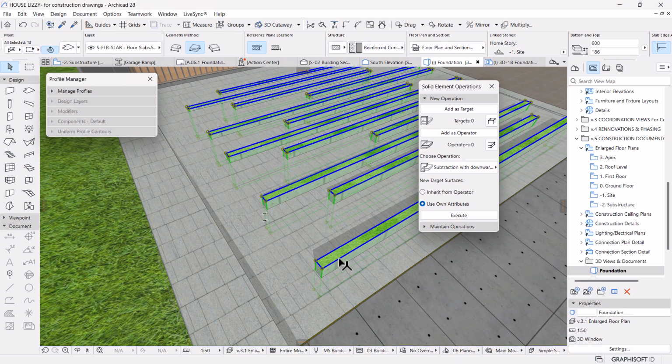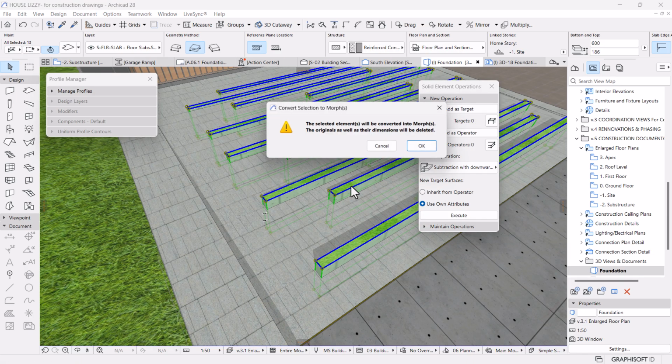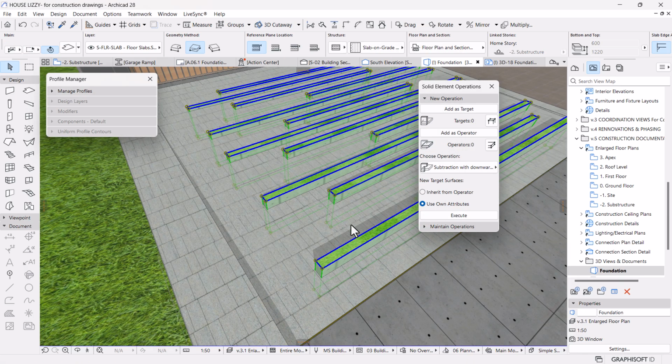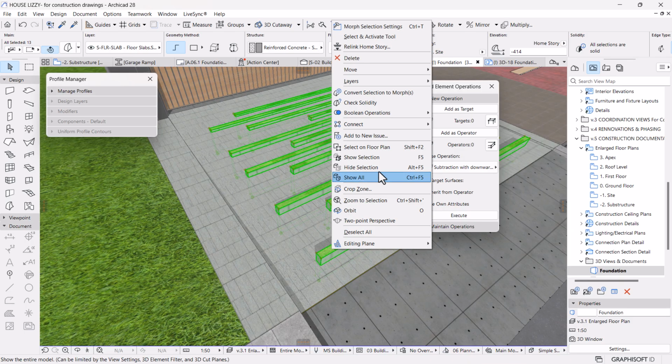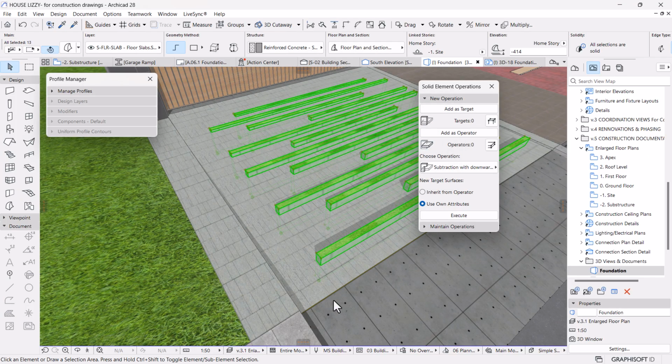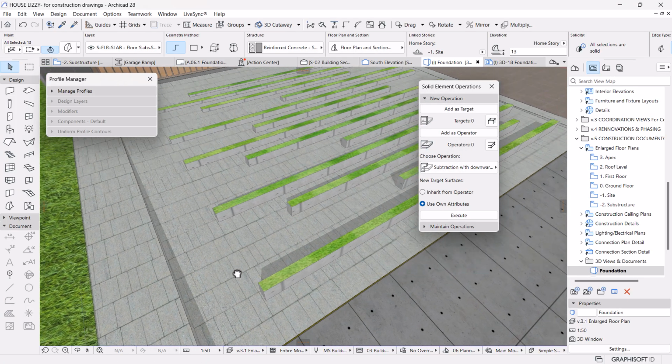Let's convert this into a morph. This will be the target, operator, execute, convert again to morph. Yes, so that we can have this resting right on the surface of